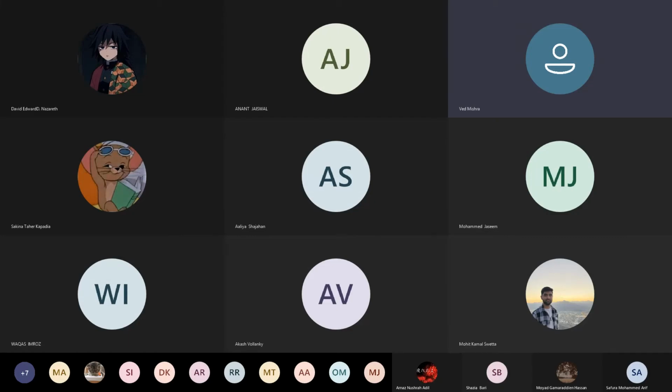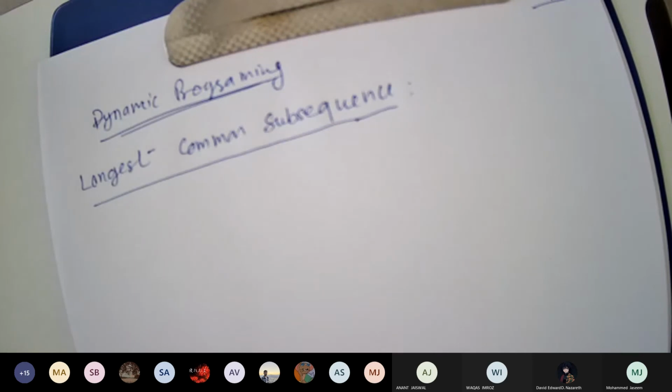In this, we are going to do three things. One is what is longest common subsequence. Then one topic is there, that is called memoization.